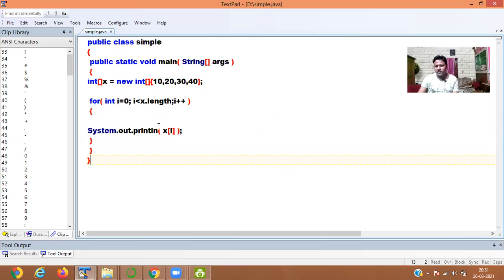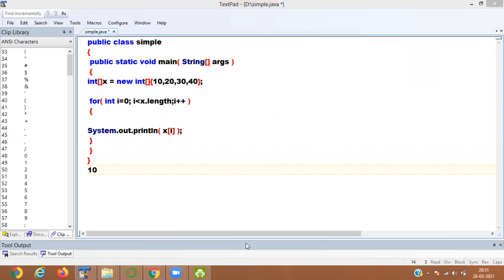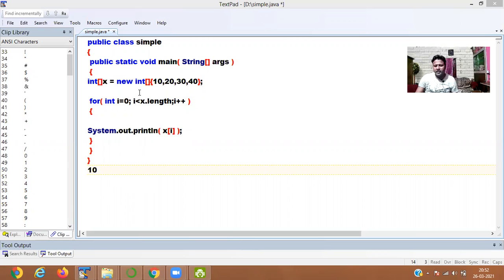The condition is true. It is printing x array 0 index, 10. So now here it is printing 10.